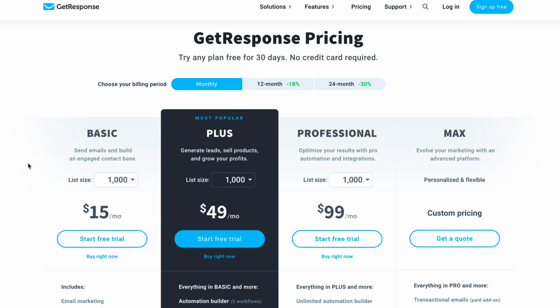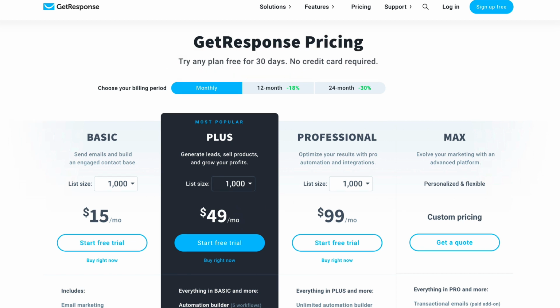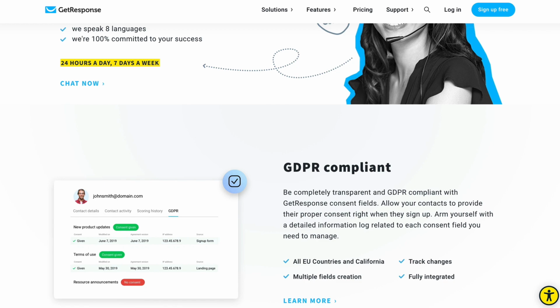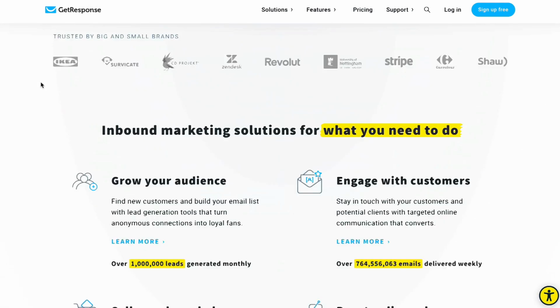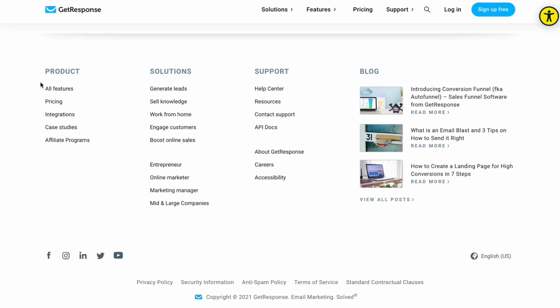Now, this is actually quite cheap. So they charge $15 per month for a list of 1,000. Okay, which is pretty good. You should easily be making $15 per month from your list of 1,000 to cover your expenses, or this one $49, or this one $99. But you will need to use something like this. It's very important, because otherwise you can't do any online email marketing. It's extremely difficult to do.